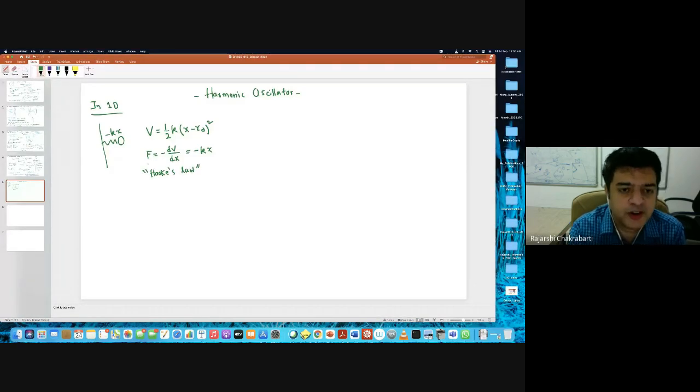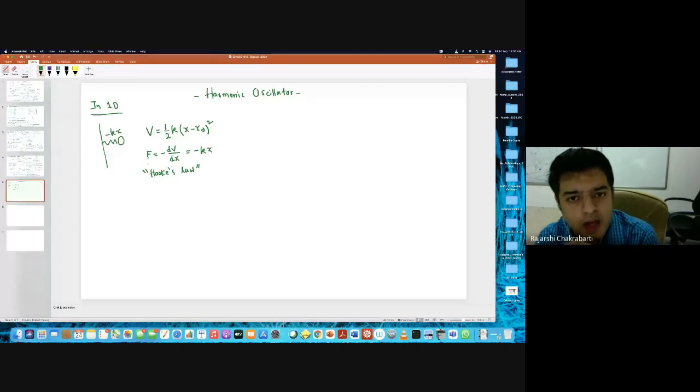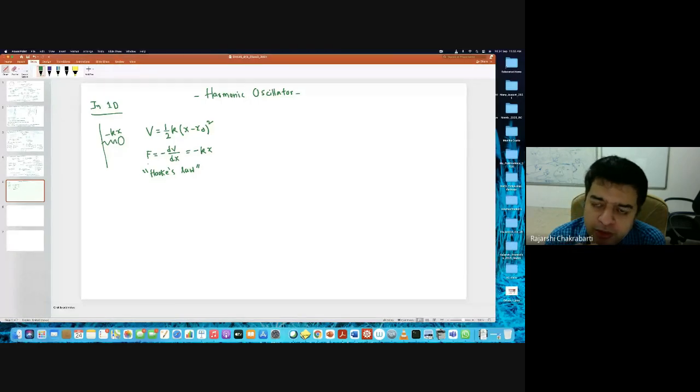Of course, there is nothing called a true simple harmonic oscillator, because if you stretch it further, it will go to a regime where Hooke's law doesn't apply. That is the anharmonic oscillator. So in general, you have a potential V(x), which is given by V(x0), some equilibrium position x0, plus,